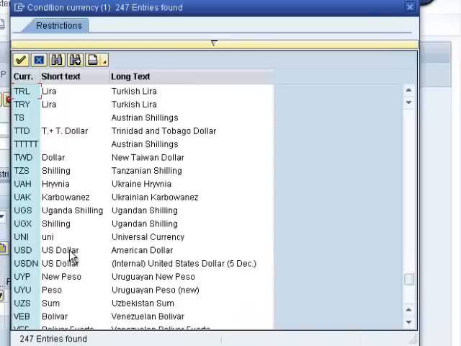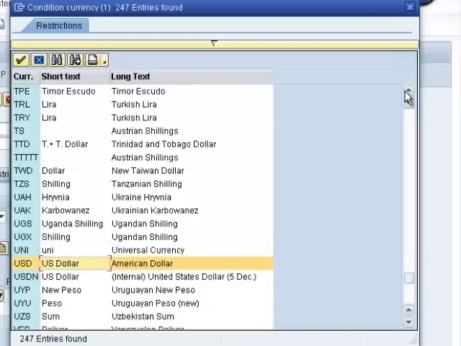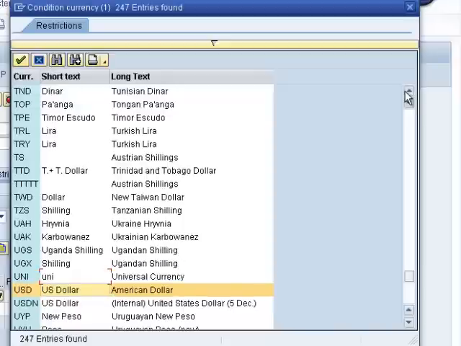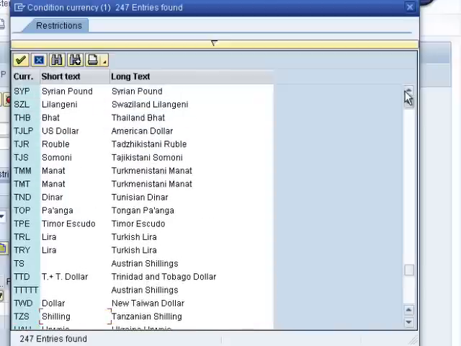USD is for US dollar, American dollar. I think someone has created a duplicate value with another entry above, also US dollar. See, American dollar, they have entered TJLP. Ignore it, ignore this thing. You can do this thing, boss. You can create your own currency also